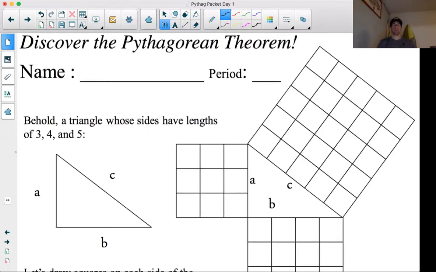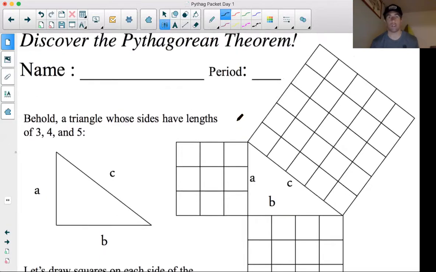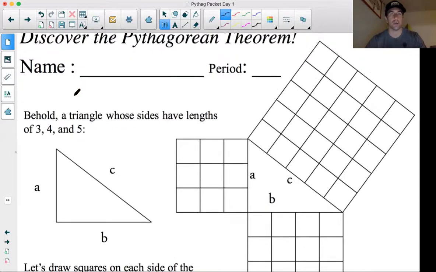All right. So here's a little show of what the Pythagorean Theorem is. Now, it deals with triangles. It deals with very specific triangles, right triangles. So the Pythagorean Theorem can be used to find a missing side of a right triangle, or you can use it to figure out if 3 side lengths will actually make a right triangle. All right, so we're going to be doing both ways, starting very light, very easy, because it's something that I think you guys will enjoy. So we're going to start slow, and we're going to build up to different problems, okay? So this is a great beginner's problem because it shows you exactly what the Pythagorean Theorem is when it comes to squares and stuff, okay?